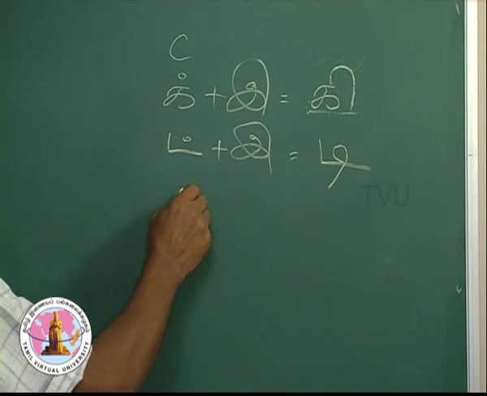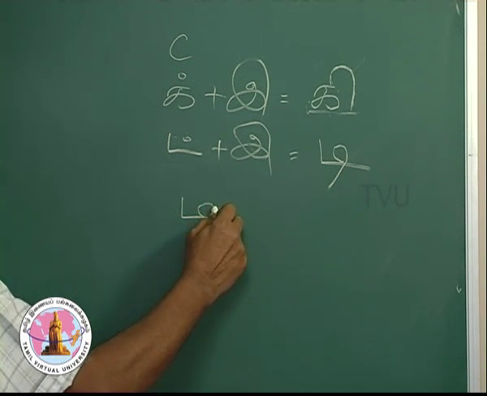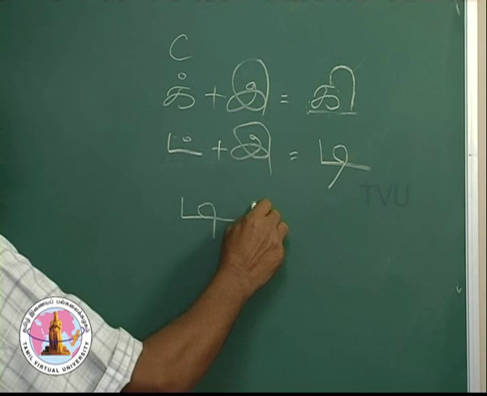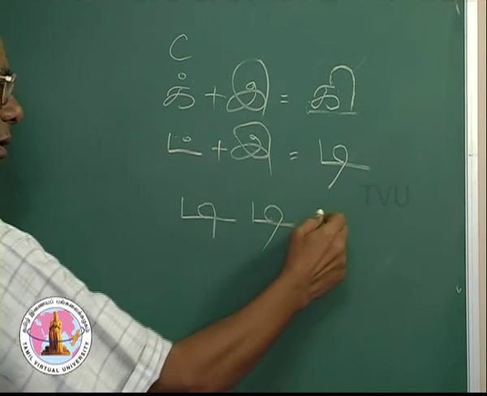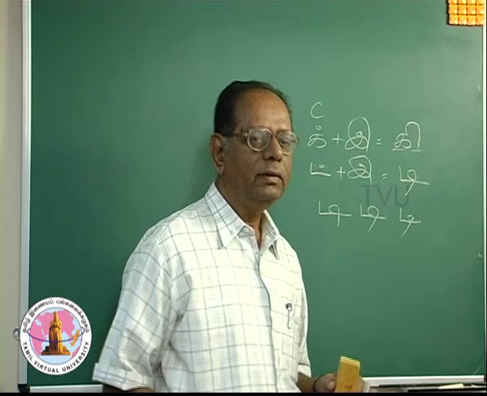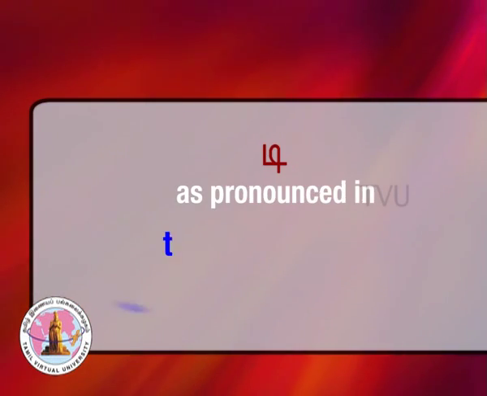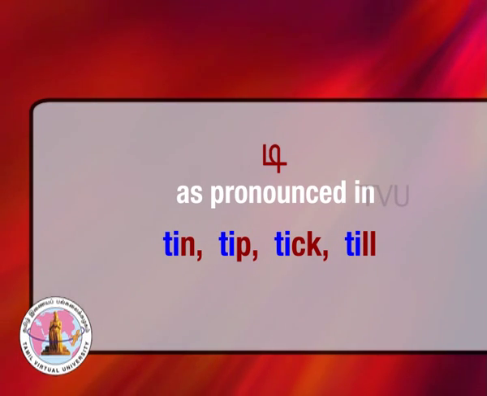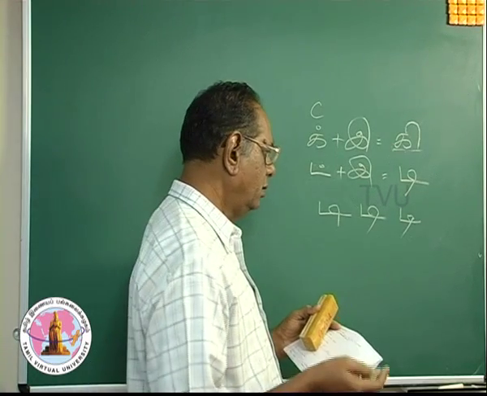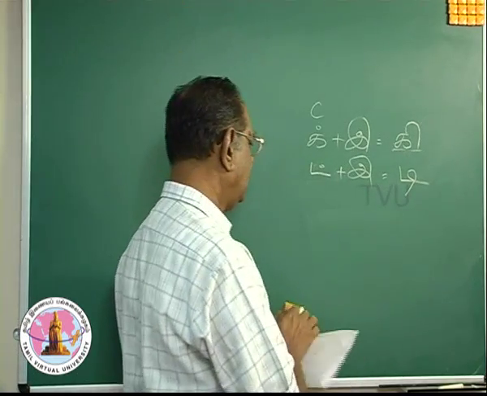So, the way it is written is ta, in the middle you take this bend, extend it, and this becomes ti, as you have in tin, tip and tick. Tin, till and tick. This is T. The next letter is